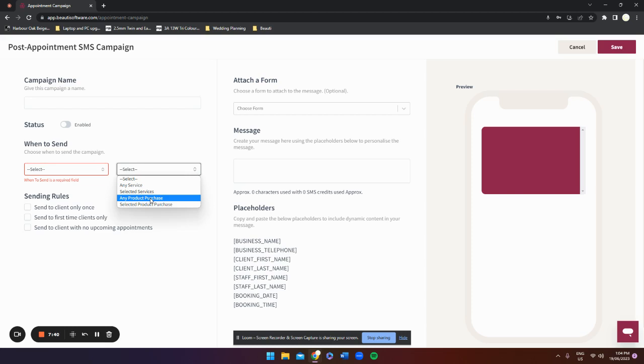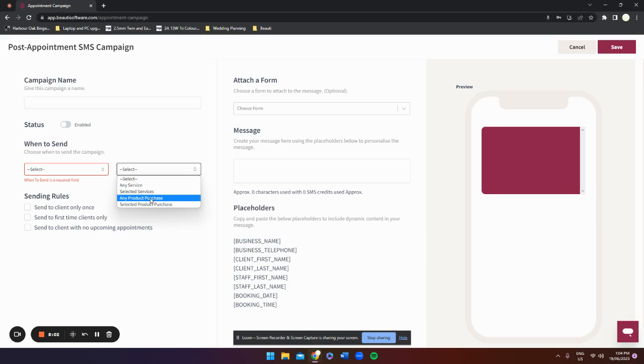So we're going to send them a follow-up message at 4 weeks to check in with how they're going, how their skin's feeling, do they need any support with their home product use. And then at 8 weeks, we're going to check in again and say, hey, your cleanser's probably getting a little bit light right now. What you can do is come on in and pick up another one, or use this